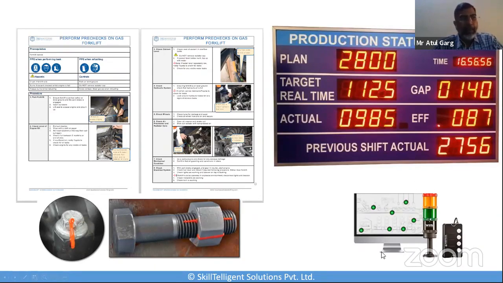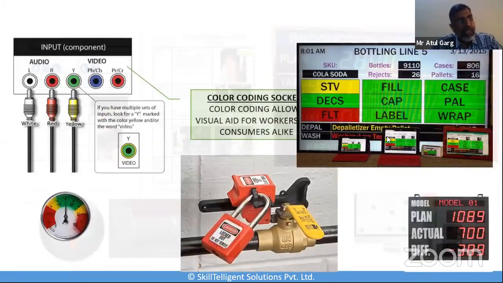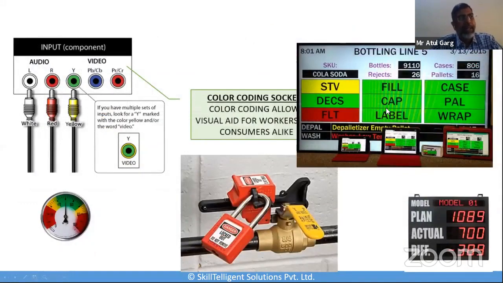He also sets up the andon boards. He also sets up the relevant closed loop detection systems and so on and so forth. He also puts up some control code based systems, again setting up other boards which will tell him whether things are happening or not happening, what is happening with a specific line, and so on. And then again the lockout and tagout systems over here. So he puts up different kinds of these systems, maps them, and says this is what he would like to put in place over here.